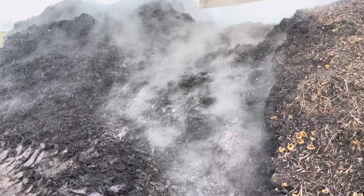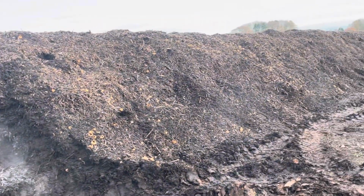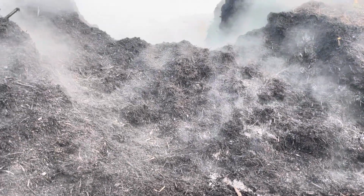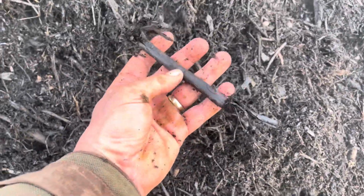So we tip the compost in a big windrow like this, and then while it's on farm, it is turned 3 times, and each time you're getting air into the heap, and you're aiding the breakdown of the organic matter. You know, larger items like this, it looks like a bit of a rose stem, don't really compost down completely, but smaller items do,